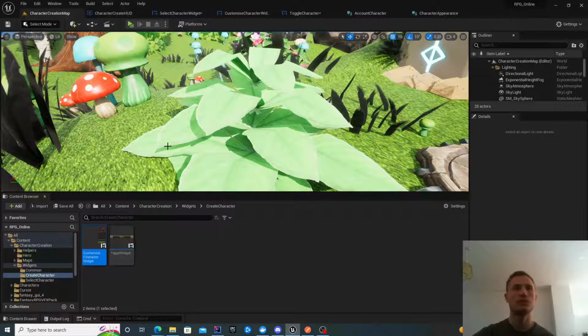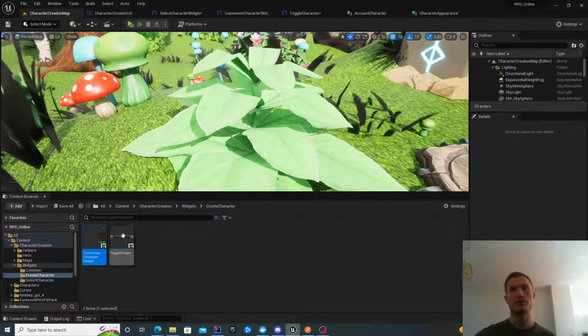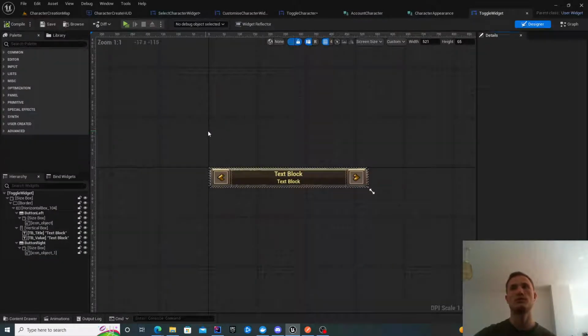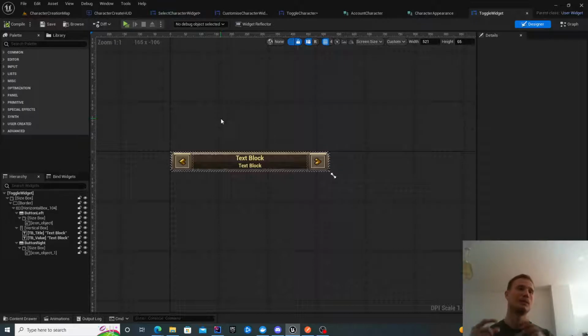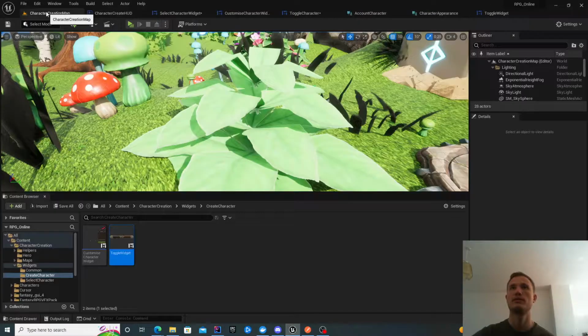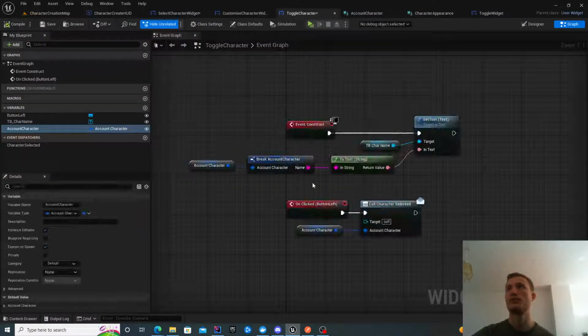To draw the component for the characters, I've created this toggle widget. You might want to do something similar because we will be dynamically adding that component. It's not going to be statically present. We don't want to statically create them and then toggle the visibility. You could do that, but this method should be better. So in this widget, is that the right one? That's not the right one. So